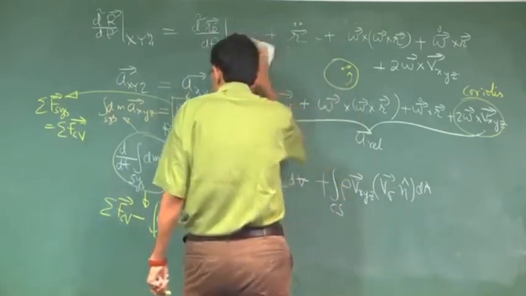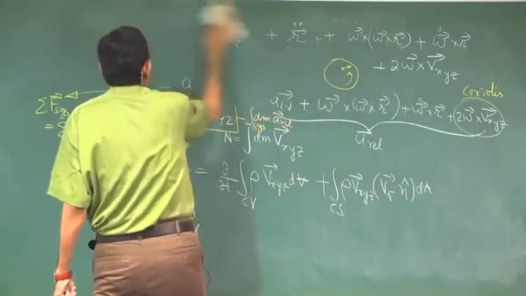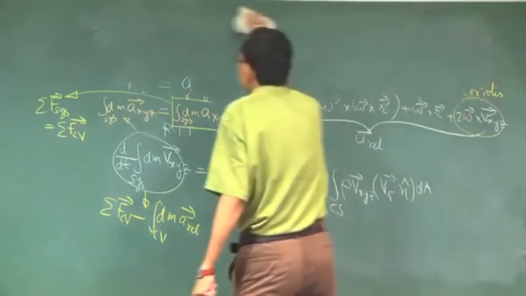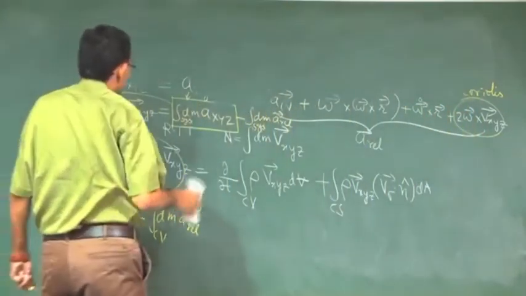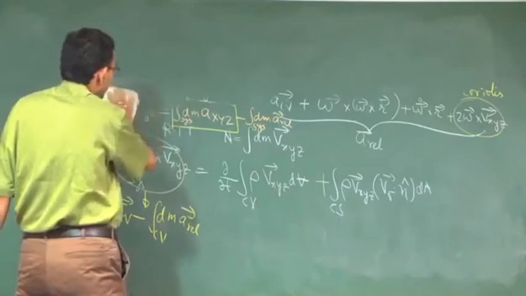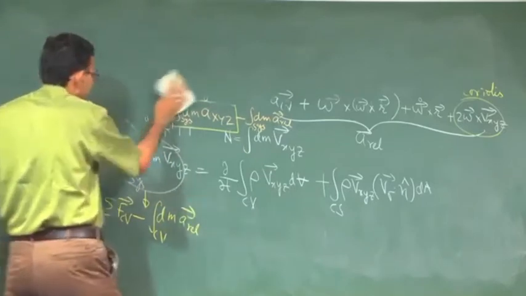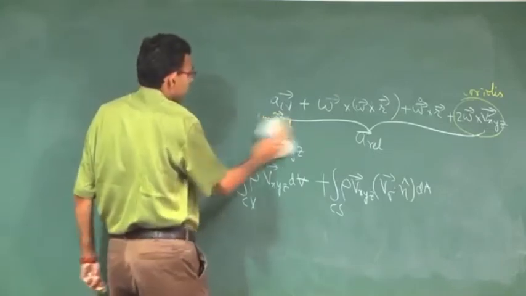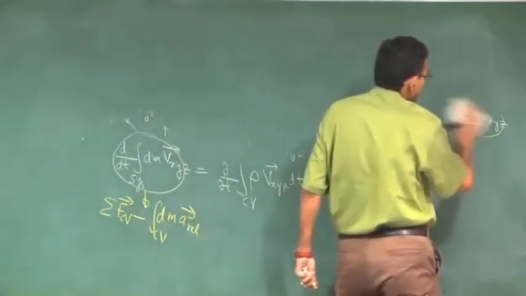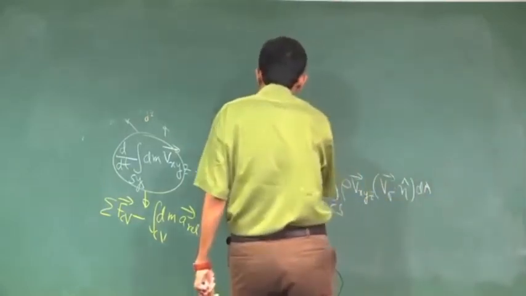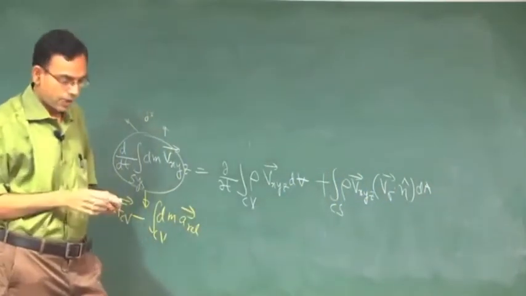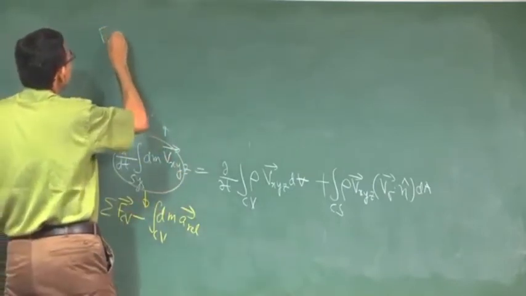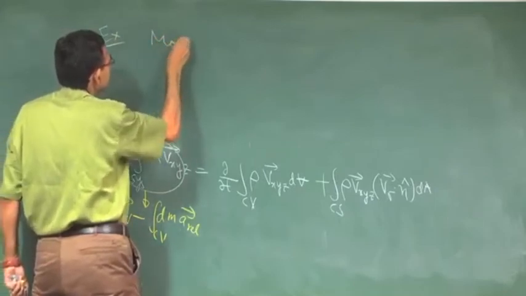So, we now know how to express the force balance in a moving reference frame. It is not just a simply moving reference frame, but a reference frame which is arbitrarily accelerating in terms of linear and angular motion. We will apply this to an example, which is the motion of a rocket.